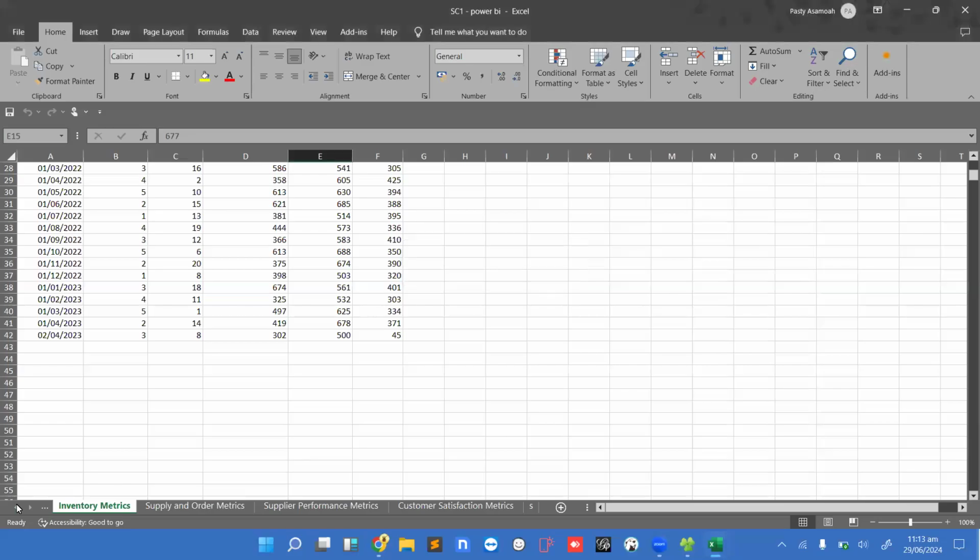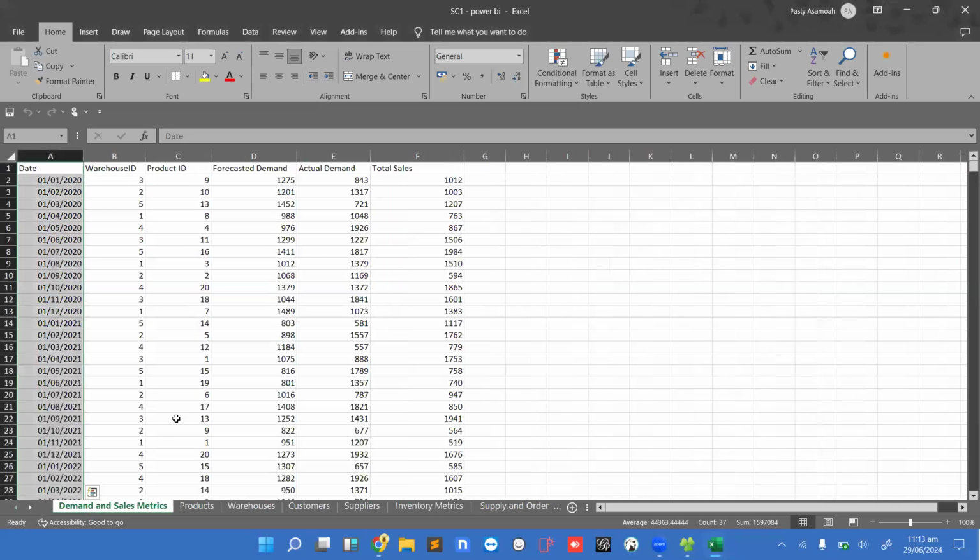So we have a lot of input over here. This is about demand and then sales metrics. This forms part of the supply chain activities. So over here we have dates and the warehouse, the product itself, and then demand forecast, the actual demand and